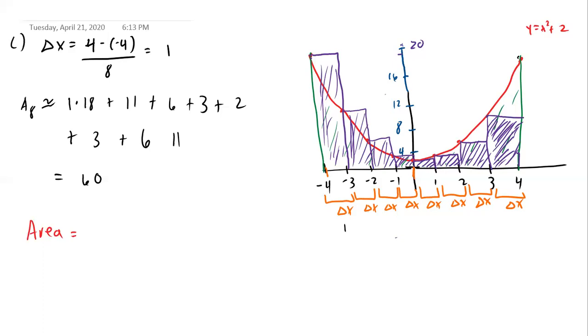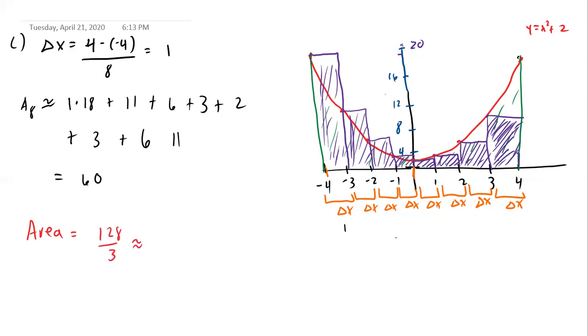What's 4 cubed? 4 times 16, 64, plus 8, plus minus 8. So I'm getting that the area is 128 divided by 3,